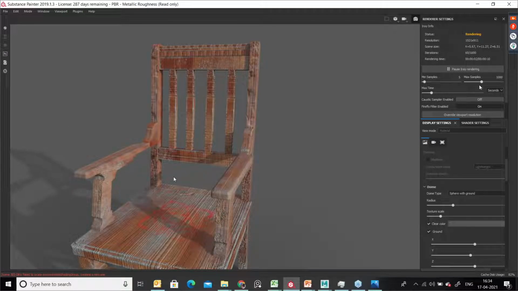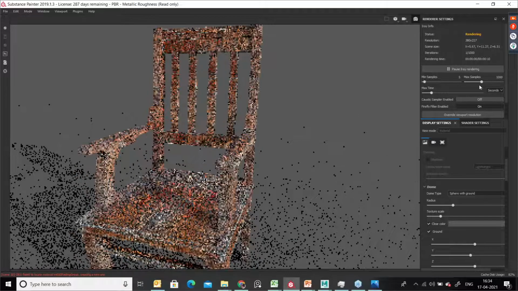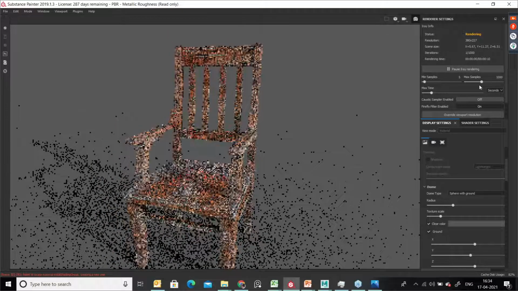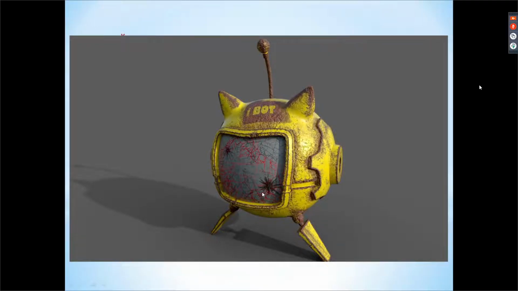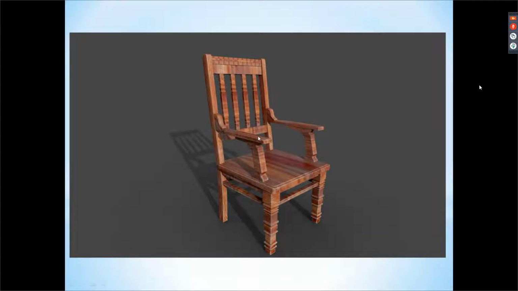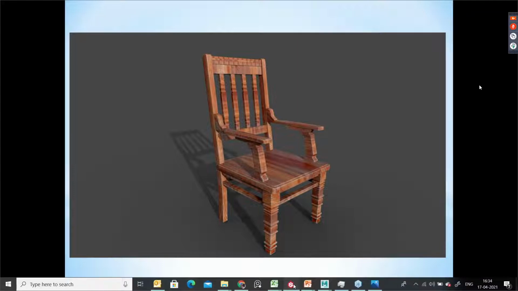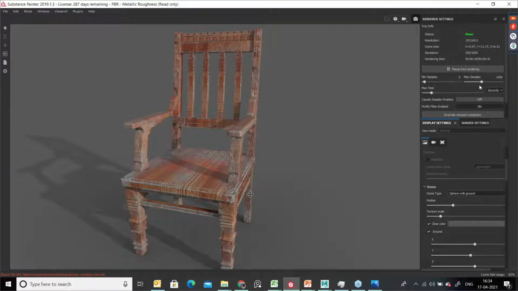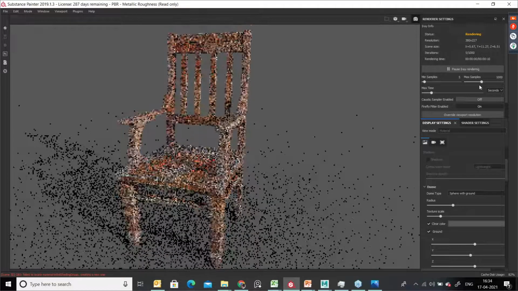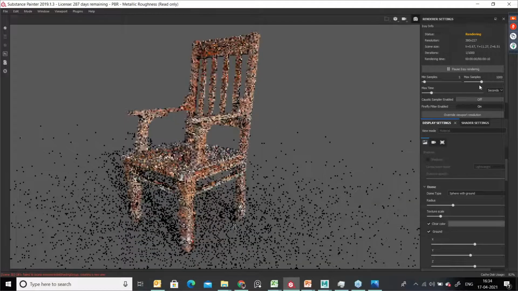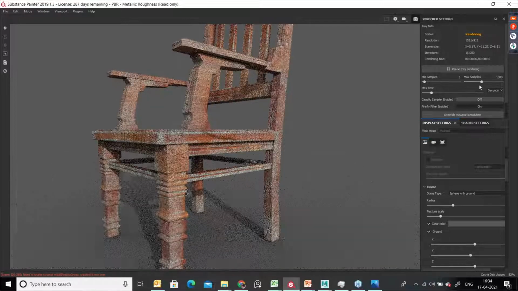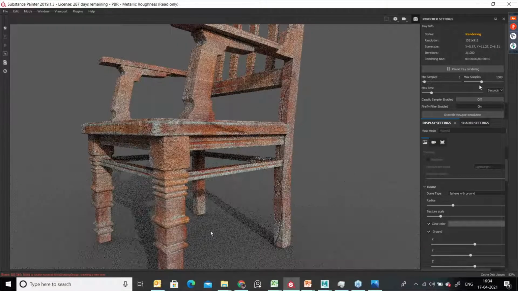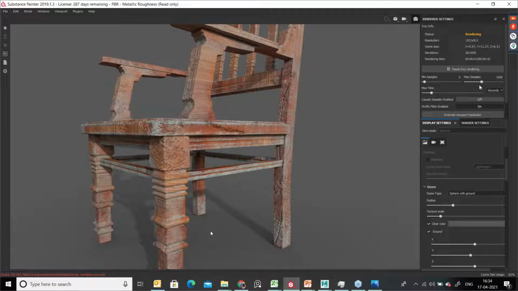Suppose you want to make it a little bit dark color, then you can get this kind of output. See here in the chair how it is, it's looking like this. The similar kind of output you can get, because from Substance you will get light colors like this chair output. But when you go for a detailed rendering and detailed color information in Photoshop, then you can get a nice output.